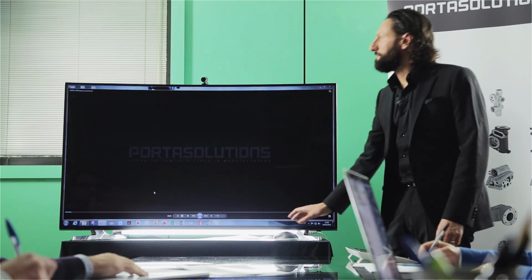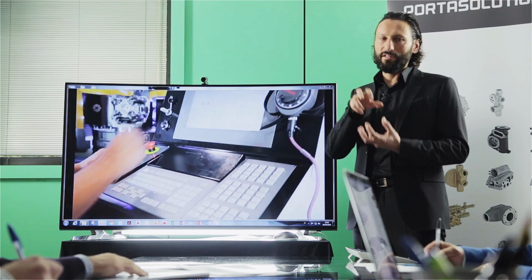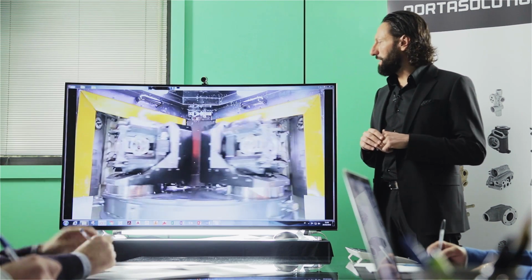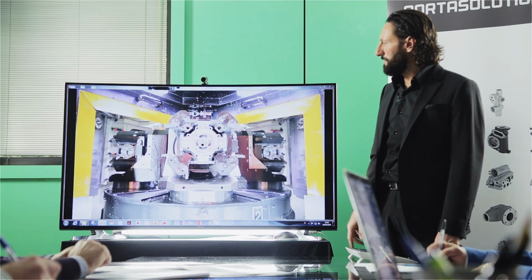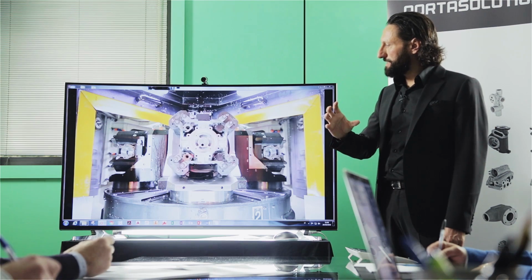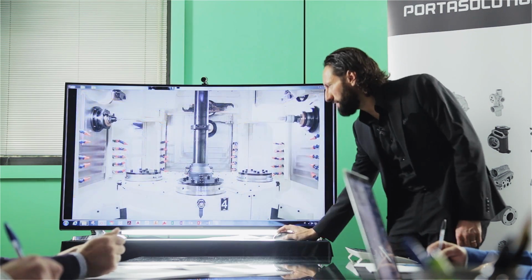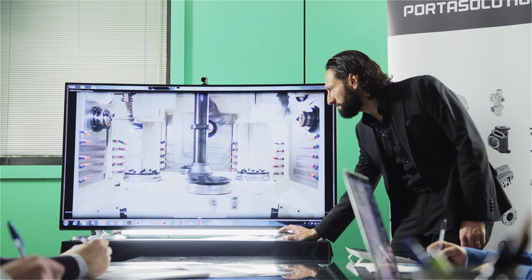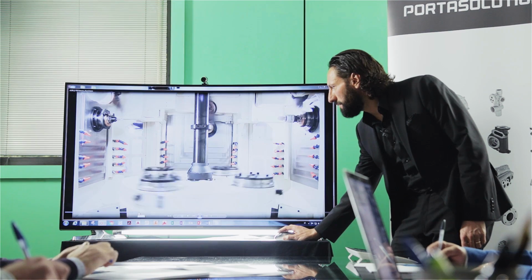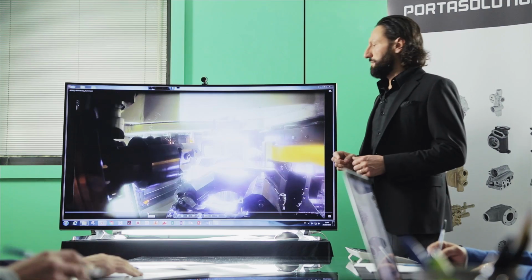The next application is something similar, but instead it has a self-centering hydraulic chuck as a real fixture, with hydraulic clamps, as you can see, opening and closing, but with the same system of 0.90. So this part has 5-side machining. And you can machine all of them in one clamping, which allows you to reach tremendous